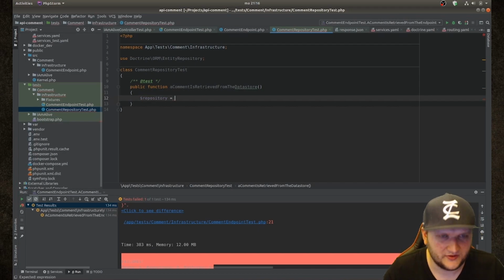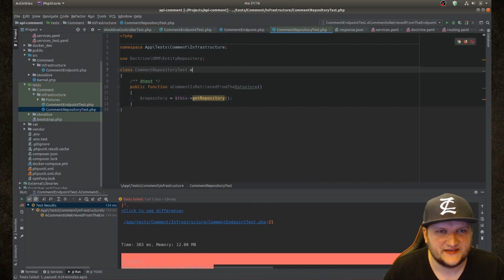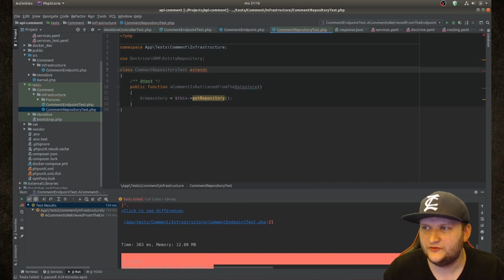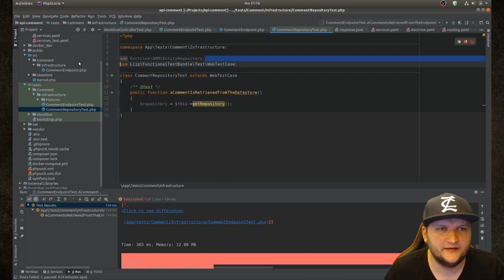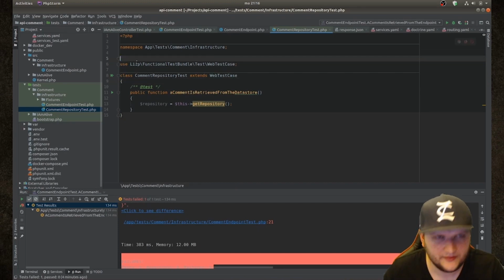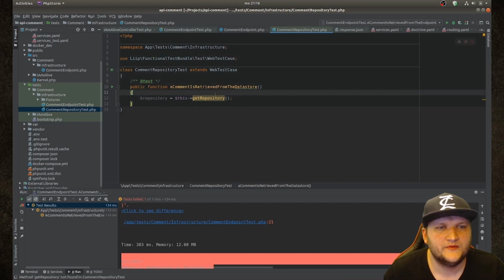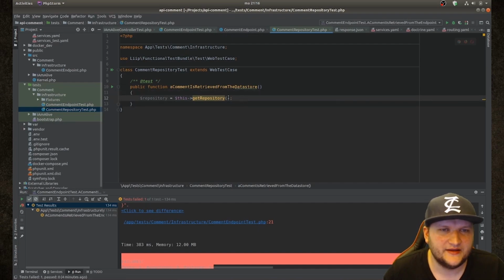Repository equals this get repository. And I'm making this a functional test because we actually want to get stuff from the database. And we can put this away. And now the fun begins